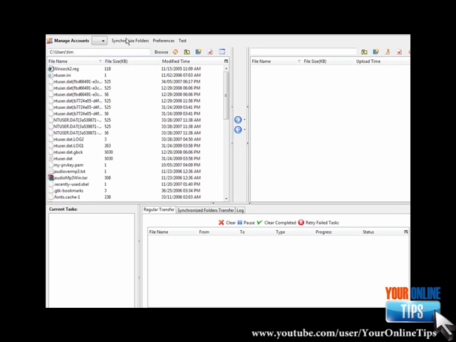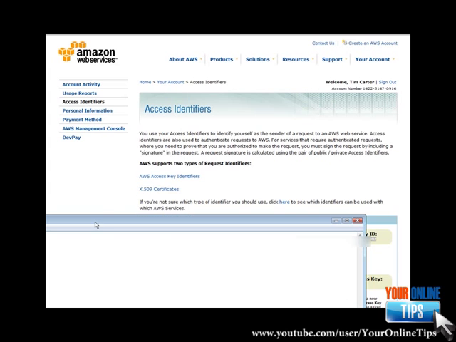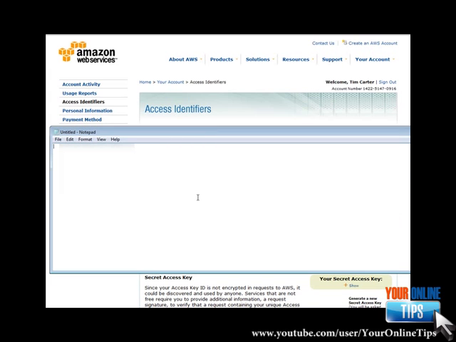Okay, so at this point what we need to do is go back to our Amazon services and our access identifiers. In here you have your access key ID. So copy that, then open Notepad or somewhere where you can access it easily. Paste it in here,